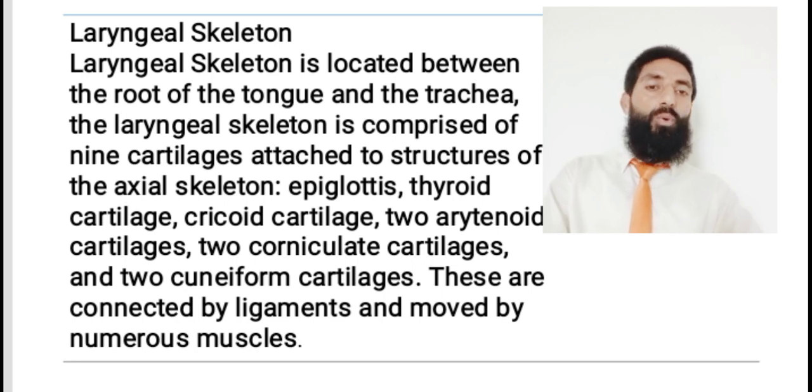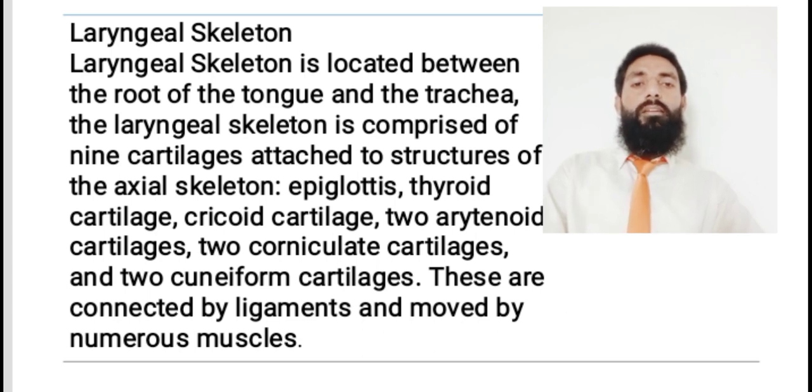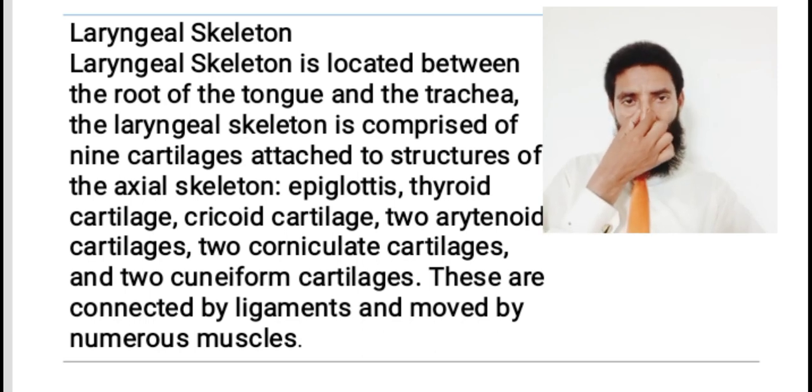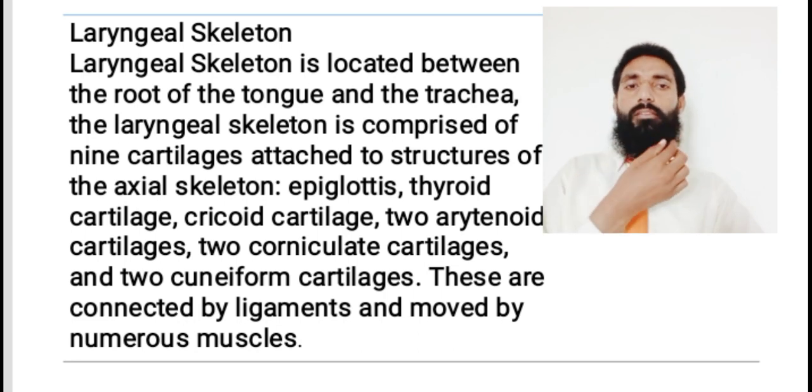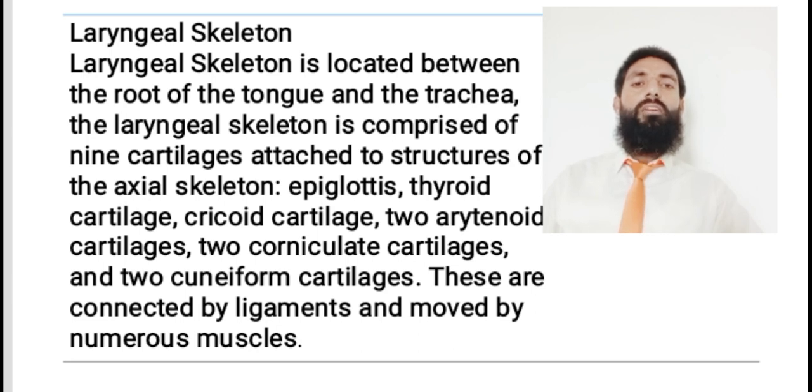Here, the cartilage bones are those bones which are soft, not so hard, like the bone you have in your ear and nose as well. And there are also other bones which are softer. They are not harder. You also have cartilage bones in your knees, in the form of a kneecap. This is the cartilage bone. So cartilage bones are also placed in our laryngeal skeleton, and these help in the production of the sounds.